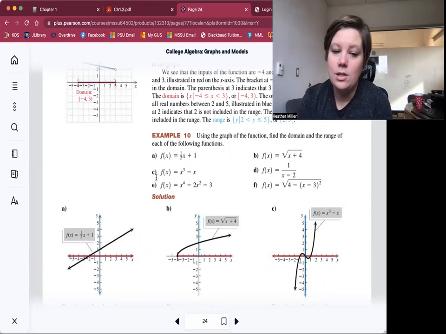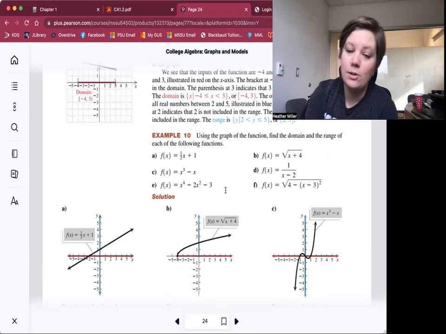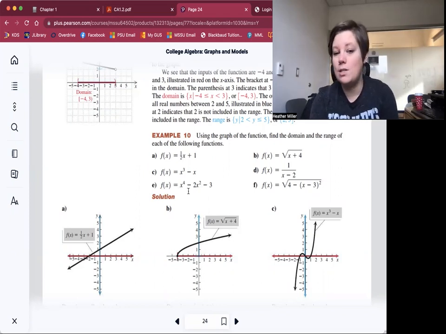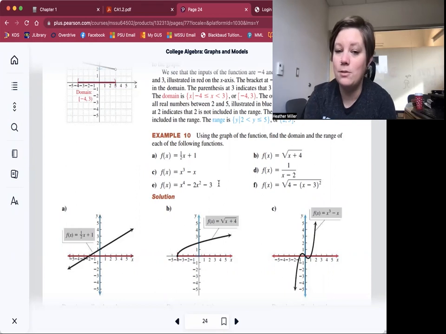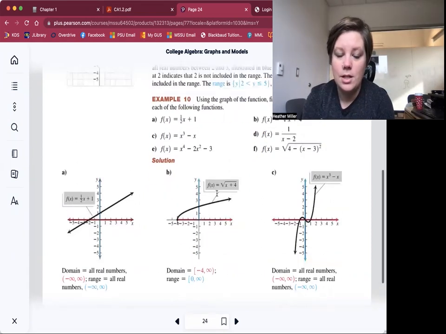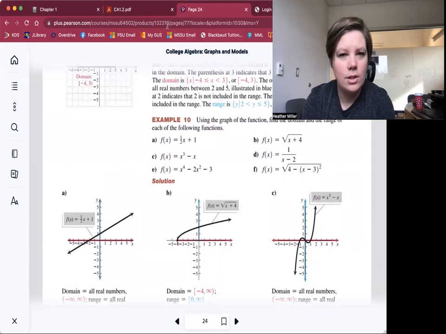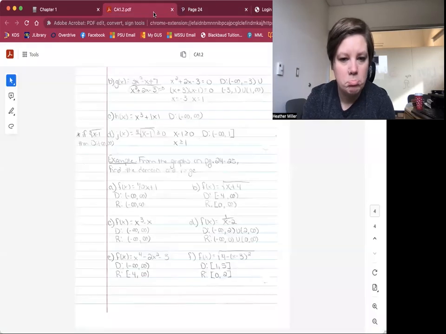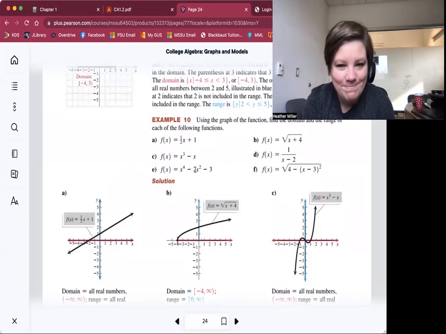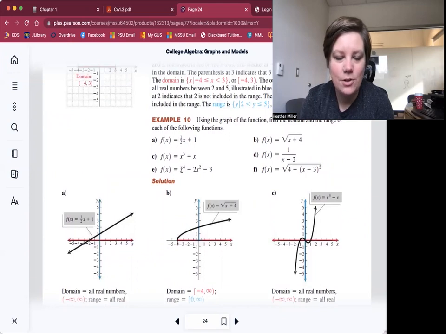Look at E. E is right below C on this page. So f of x equals x to the fourth minus 2x squared minus 3. Again, there's no fraction where x is in the denominator, and there's no even root. So once again, your domain would be negative infinity to positive infinity, and your range would be negative infinity to positive infinity. So that's kind of nice. Is that correct? No, our range would be different. So our range would be affected here because if we put in,